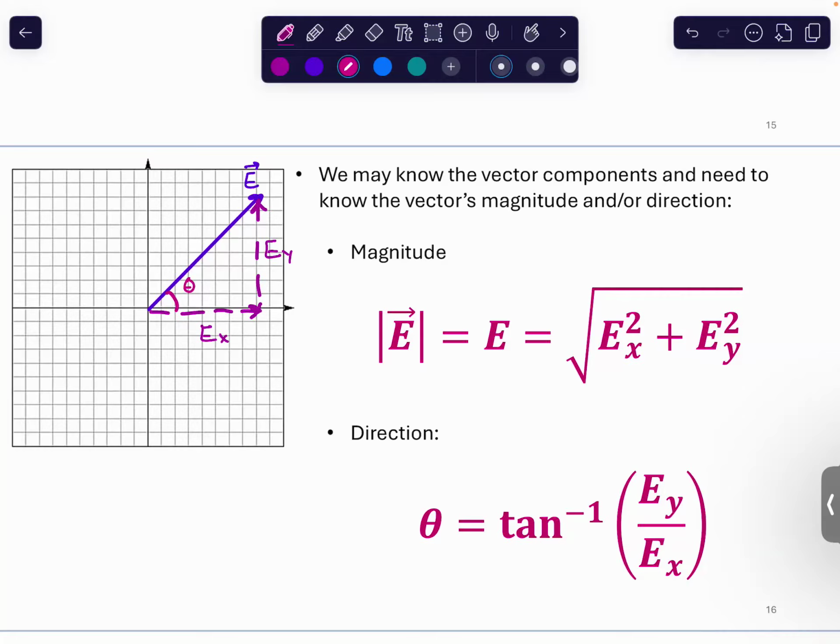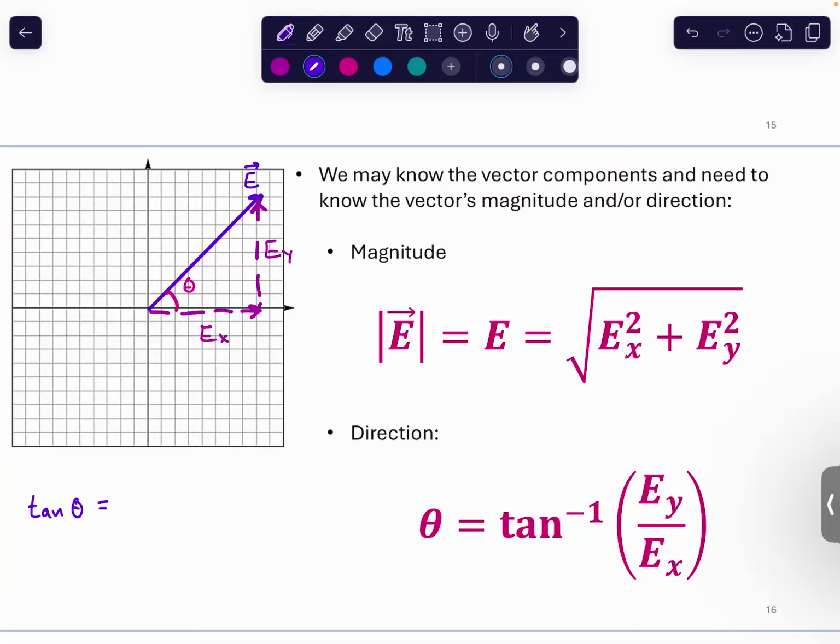We have our angle theta. But we don't actually know the magnitude of that vector, but we know Ex and we know Ey. I'm hoping you realize that tangent is the function that relates opposite and adjacent. If the vector is always the hypotenuse of your right triangle, this time we're saying